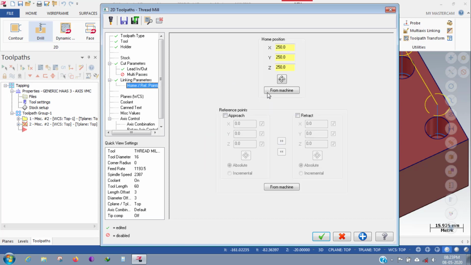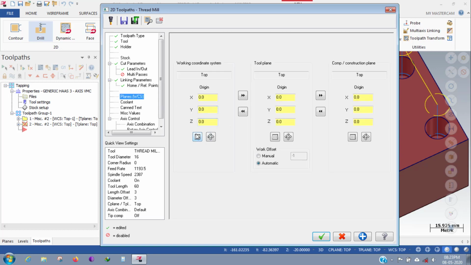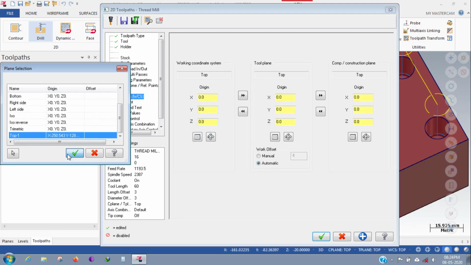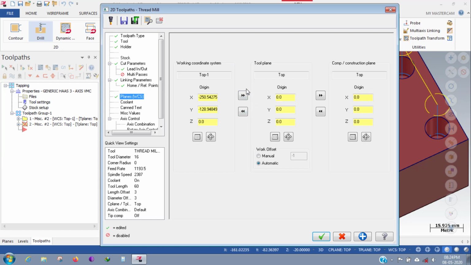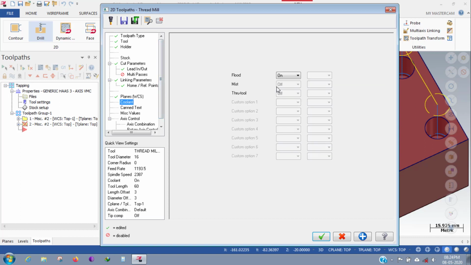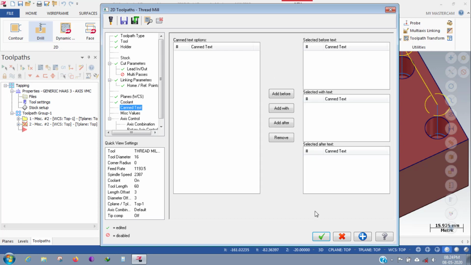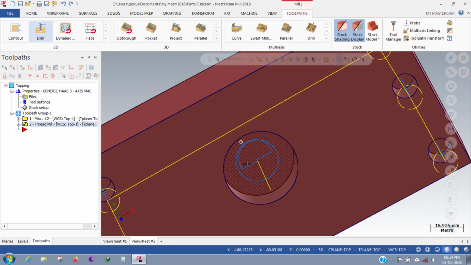Home position is from machine, and the work coordinate system is as my last setting, top. Tool plane and work plane are the same. Coolant flood I'm turning off and turning on through coolant, and done.